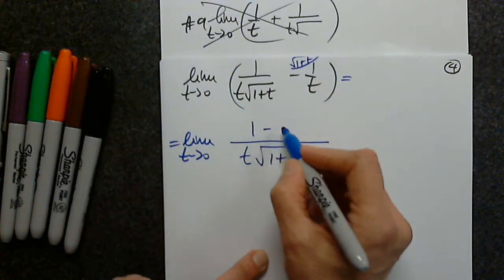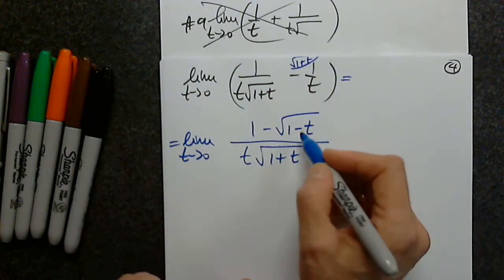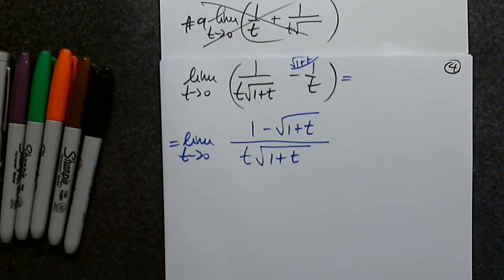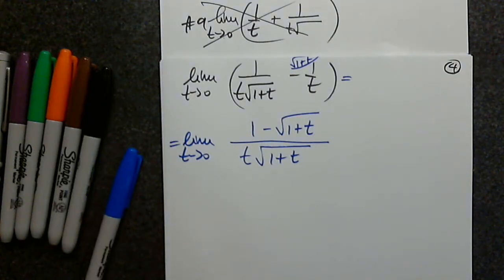Very good. So I have 1 minus the square root of 1 minus 1 plus t. Very good. Awesome. Now I have to plug it in. This is my second attempt. The first attempt didn't work. I was not able to plug it in. But this is my second attempt. So let's plug it in. The top is,